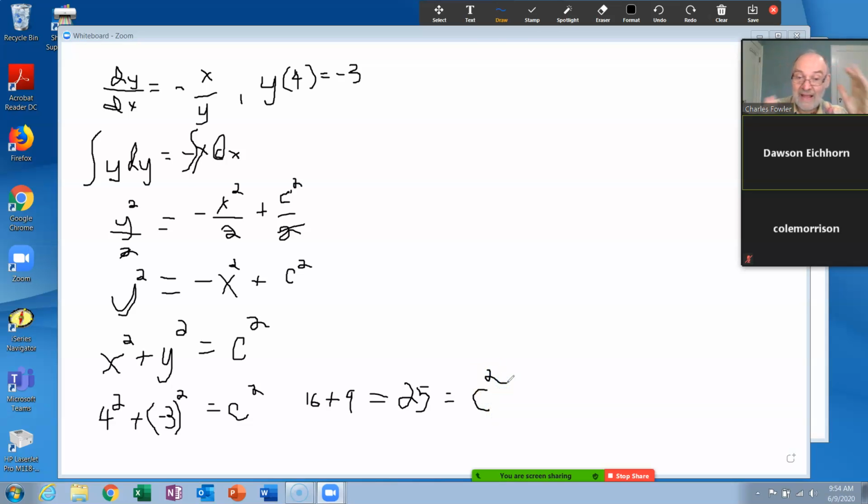Now the question is, what is c? Two possibilities. Say again? Plus or minus 5. Plus or minus 5, okay? And let's think about it. I said it was a family of concentric circles. The issue with that is, that's not a function, is it? A circle is not a function because it fails the vertical line test. So it's a family of semicircles, either positive or negative, and since the point 4, negative 3 is on there,